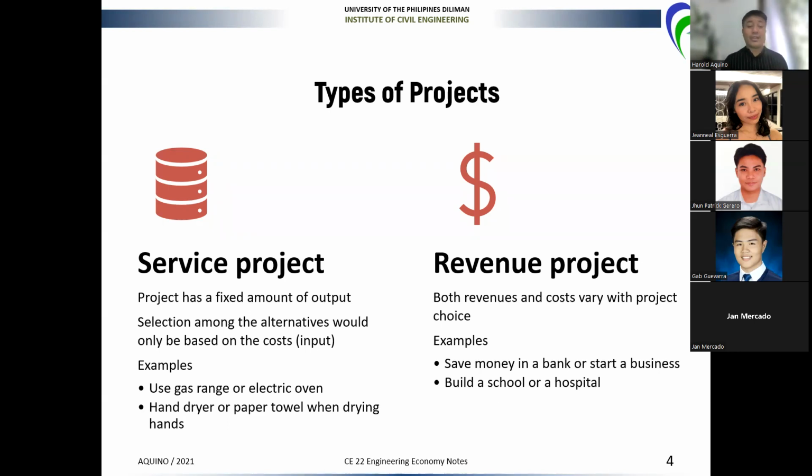O kaya naman, another example of a choice involving service project would be choice between using a hand dryer or a paper towel when drying hands. Diba? So the same output, which is dried hands after washing, but maybe different investment costs and different operating costs as well. In contrast, we have what we call revenue projects, where